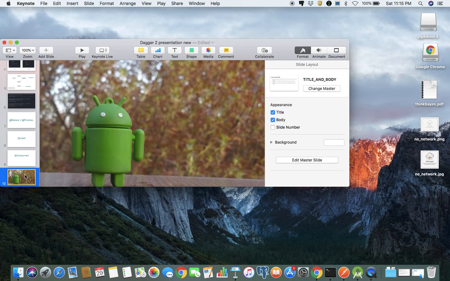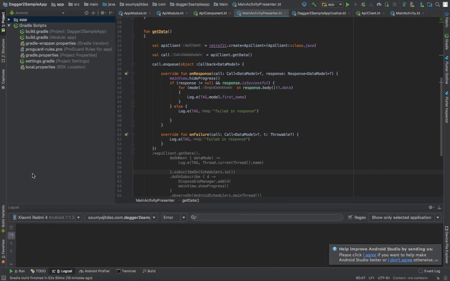So that's it from the presentation and theoretical point of view. Now I will mostly focus on the implementation part. So guys,